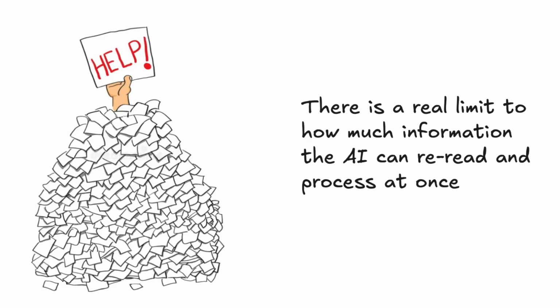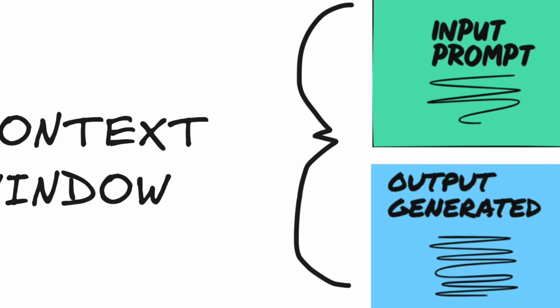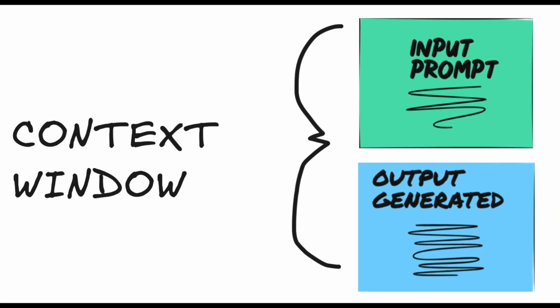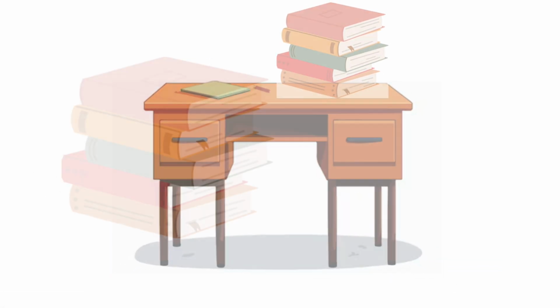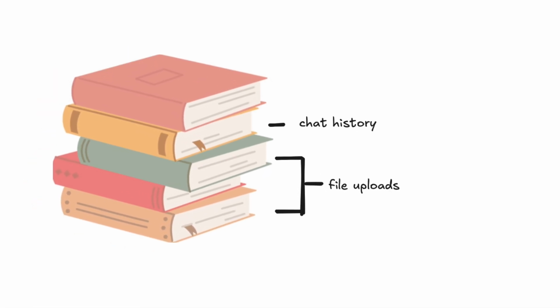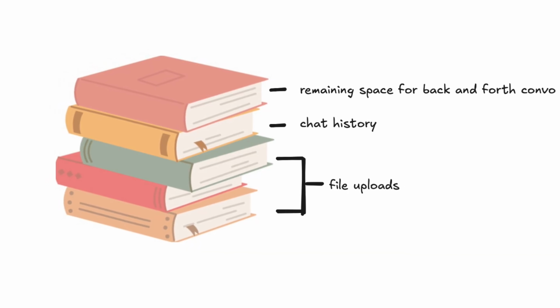And there's a real limit to how much it can reread at once. That limit has a name. Context window. And it's not some vague "gets full eventually" thing. You can actually picture the size of it. For most everyday AI chats, it's somewhere in the ballpark of a few hundred pages of a book. Sounds like a lot, but if you've pasted in a long document, or you're 50 messages deep into a back and forth, or you've had it draft and redraft the same thing a bunch of times, that actually adds up